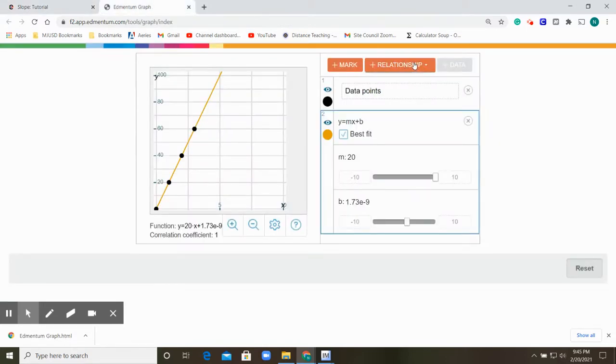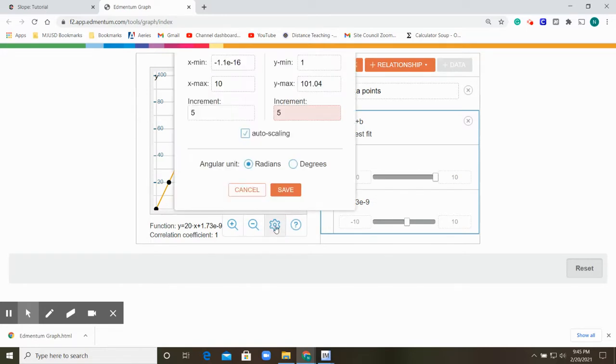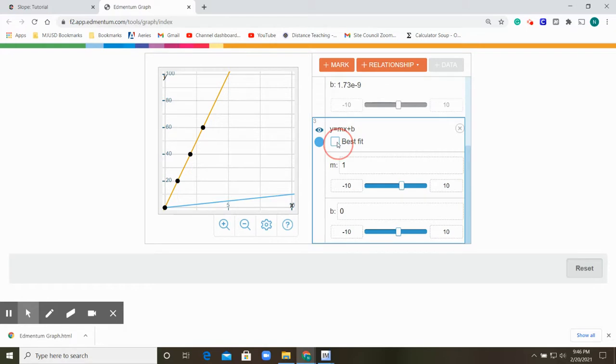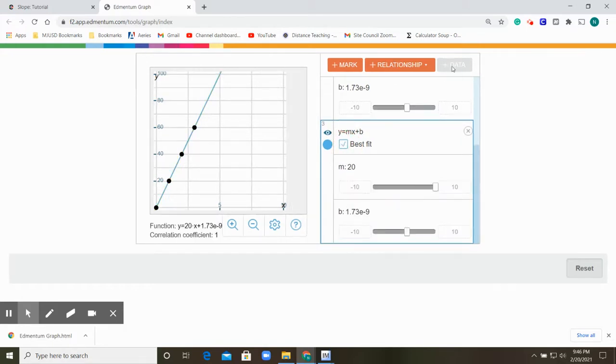So you come in here, you look at these tools here, you set it from the minimum x is 0, the maximum x is 10, the minimum y is 0, and the maximum y is 100. That's what the directions say. Click Save. In the relationship, it's linear, best fit, and